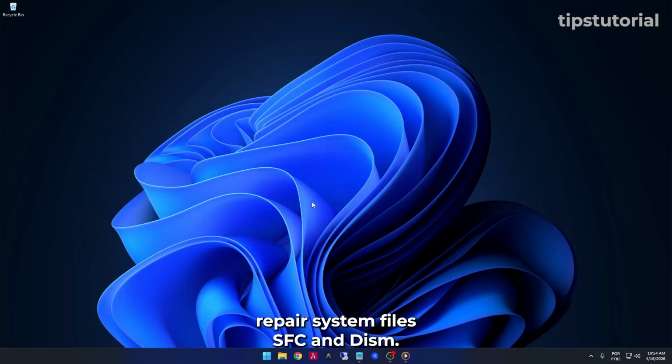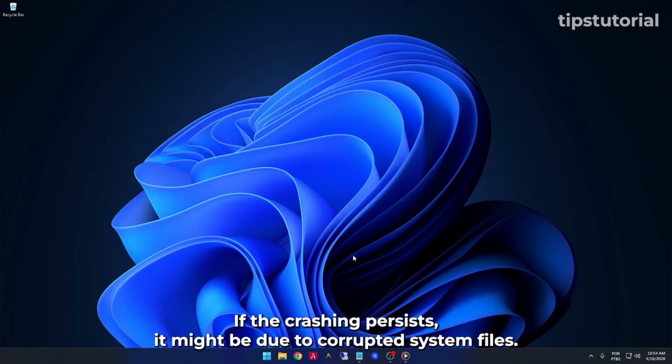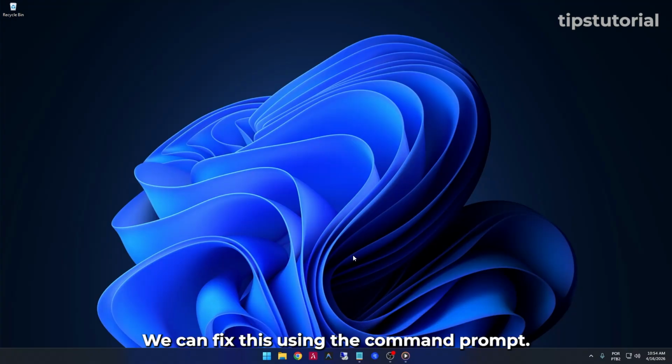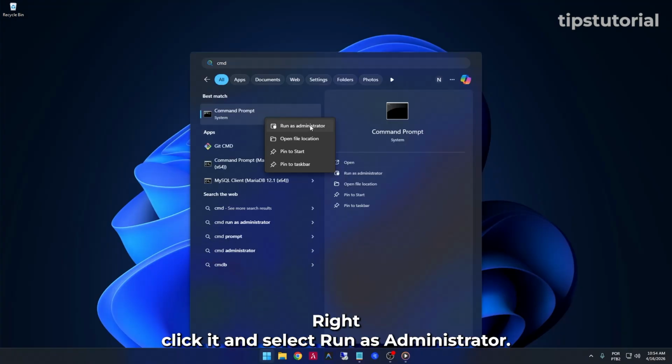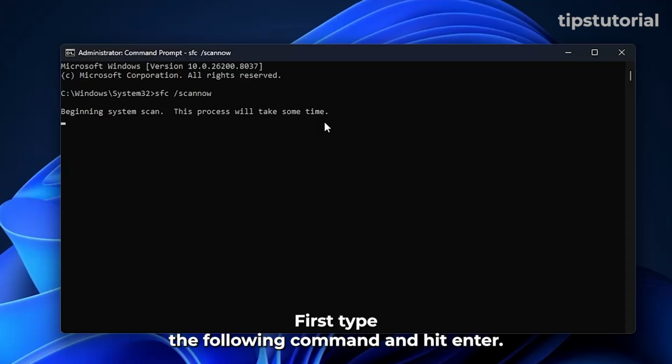Method 3. Repair System Files, SFC and DISM. If the crashing persists, it might be due to corrupted system files. We can fix this using the Command Prompt. Type CMD in the search bar, right-click it, and select Run as Administrator. First, type the following command and hit Enter: